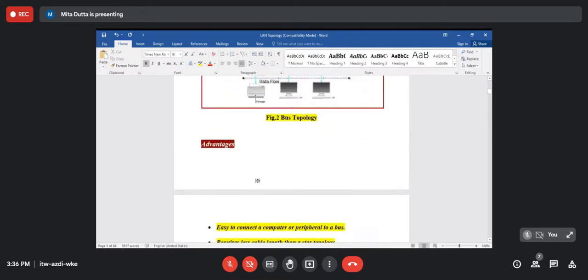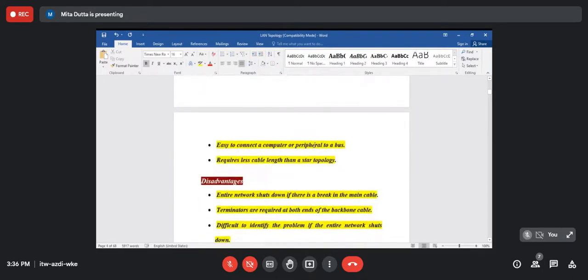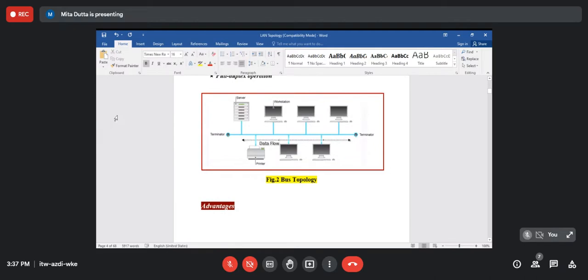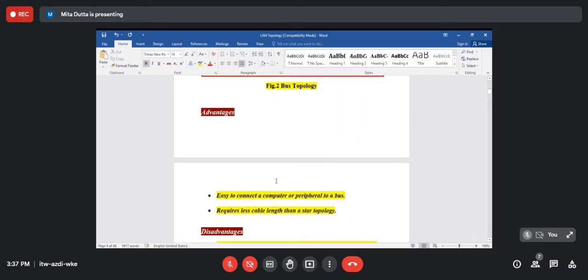So the advantages: it is easy to connect a computer or peripheral to a bus, and it requires less cable length than star topology. When we see the star topology, then we will understand why less cable length is required in bus. And the disadvantage is that when the bus fails, then the whole network is shut down,